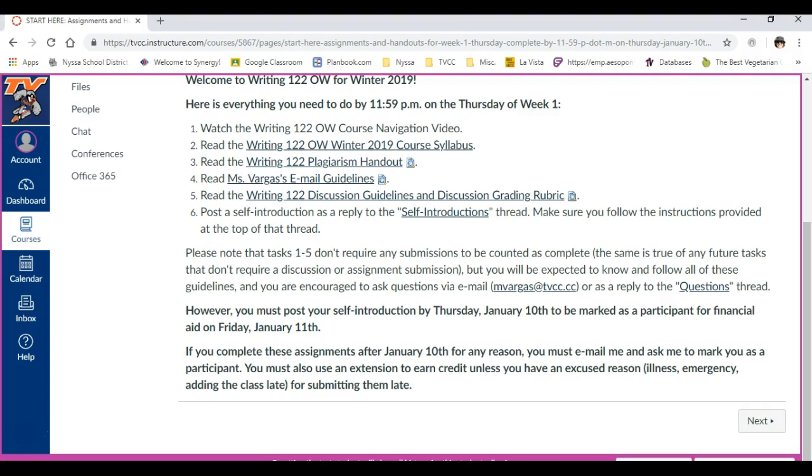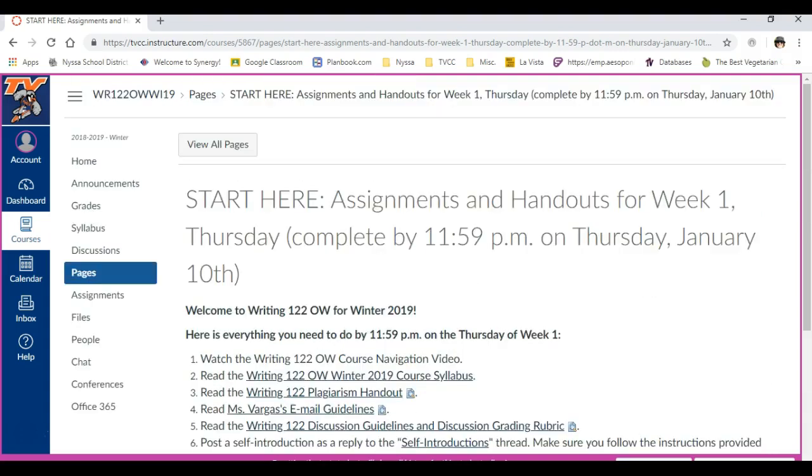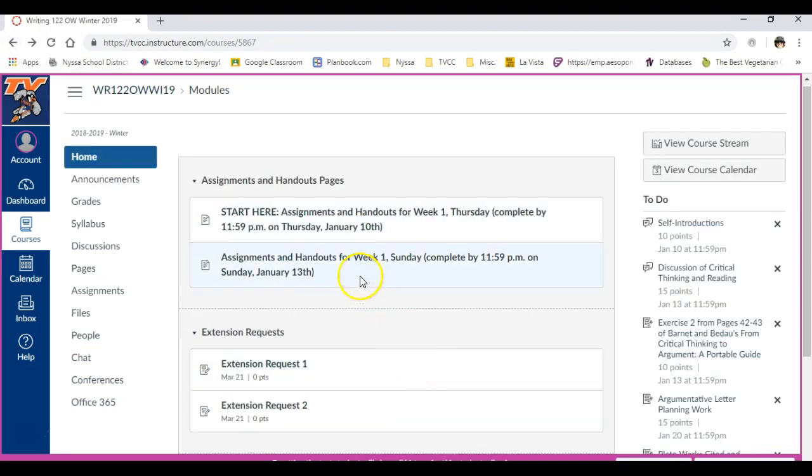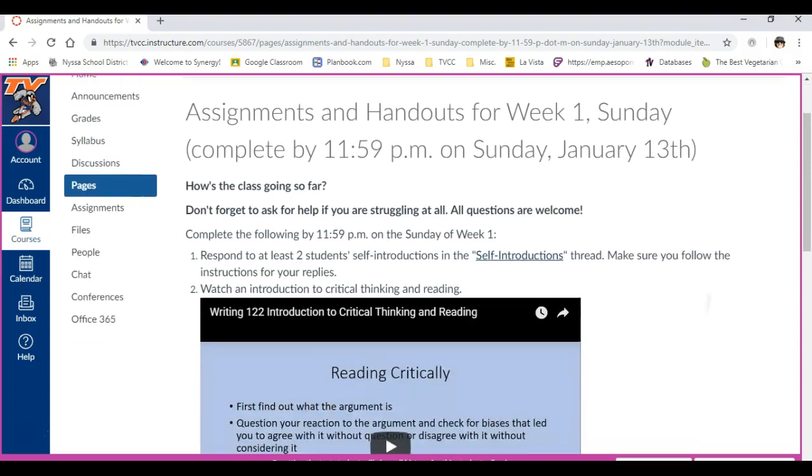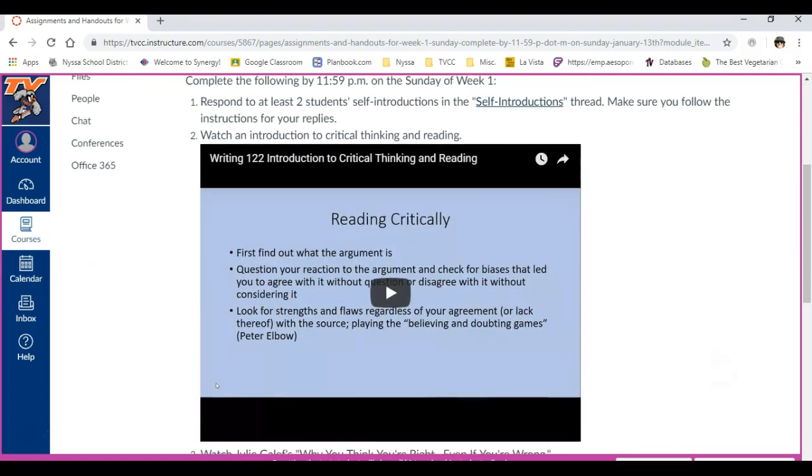And you don't need to prove to me that you've read the other things. I'm going to assume that you do so because otherwise you'll be totally lost this quarter. But the self-introduction is what I'm going to use for grading and to know that you're a participant in the class for financial aid. So make sure that you get that done by the 10th. Okay, so then going back to the home page, you'll see for Sunday that you have responding to student self-introductions,